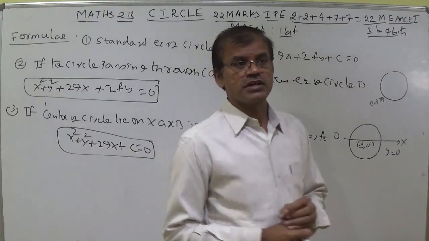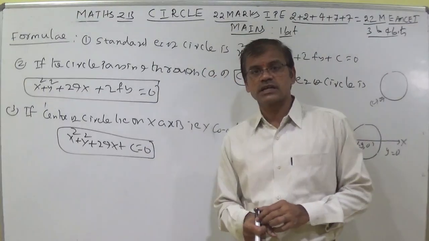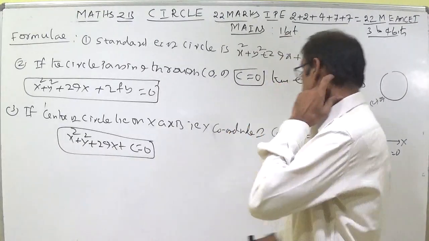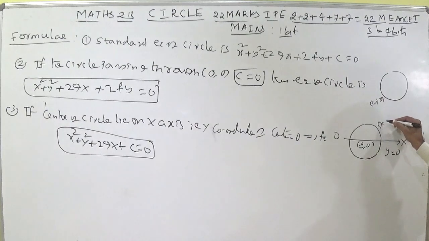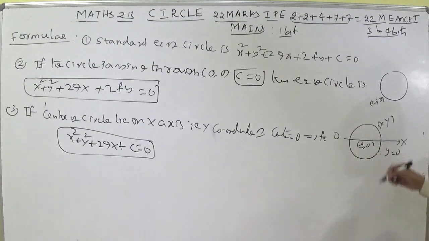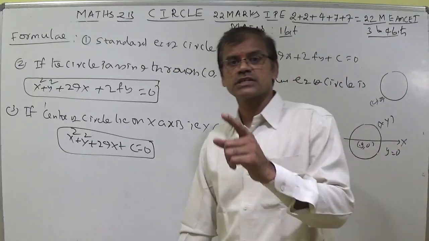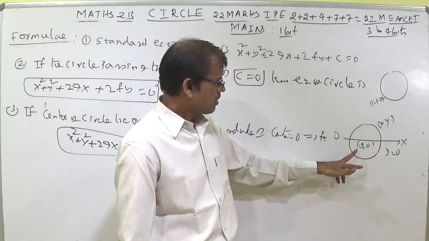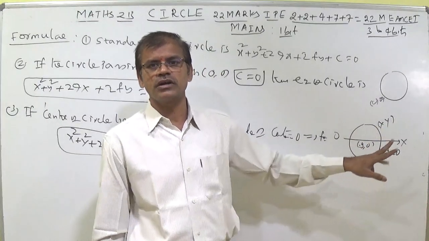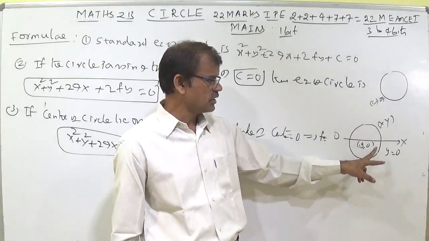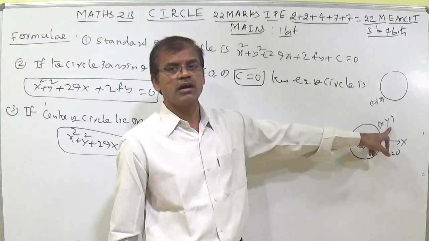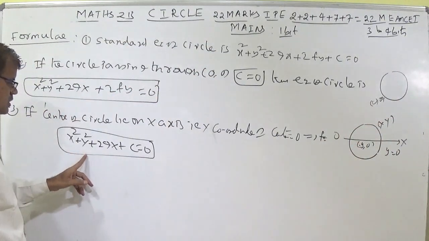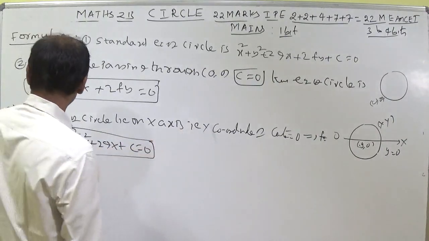Students, don't get confused: whenever the equation of the x-axis is y equal to 0, why did you write the y's here like that? You don't ask, because here this is (x, y). While calculating the equation of the circle in general form, I said that (x1, y1) will be any point on the circle, not on the x-axis. Here on the x-axis the x coordinate is there and the y coordinate is not there. That is why you simply put here (minus g, 0). But here this y will not be changed. So x square plus y square plus 2gx plus c equal to 0, since the y coordinate of the center is 0.